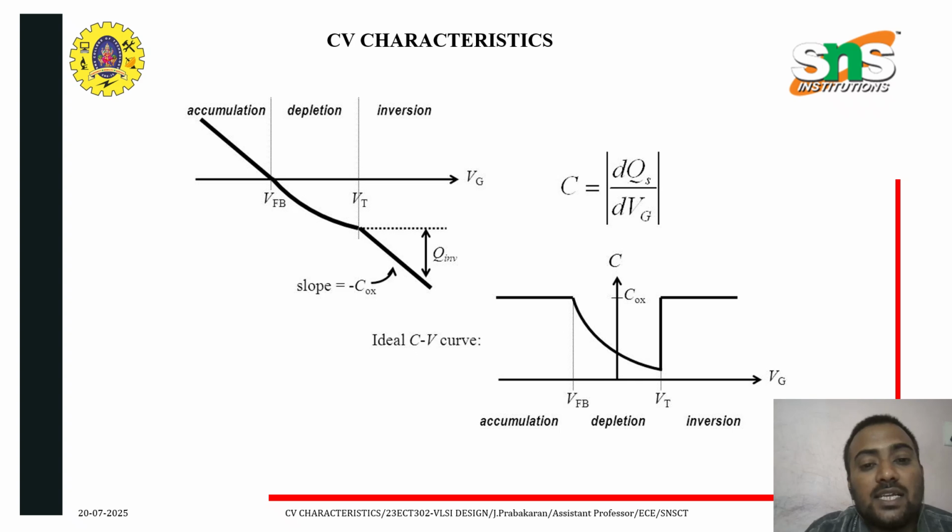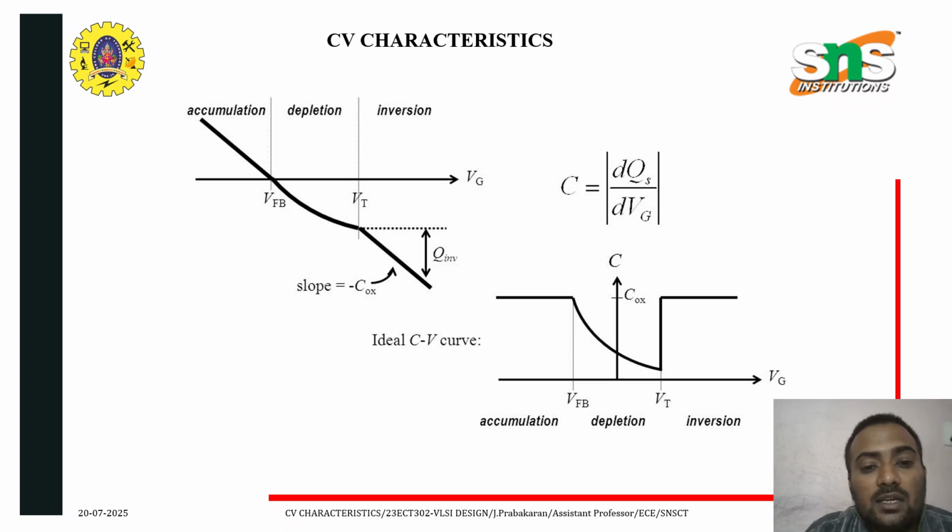Charge increases linearly with Vg, slope equal to minus Cox. And in the depletion region, the condition is VFB less than Vg less than threshold voltage. The slope changes because the depletion region is non-linear, and in the inversion region, Vg greater than Vt, charge increases more